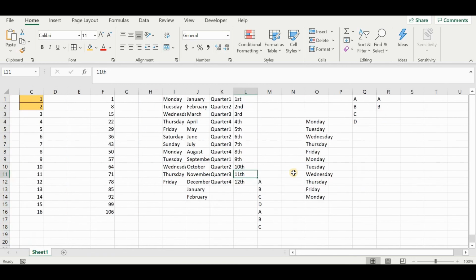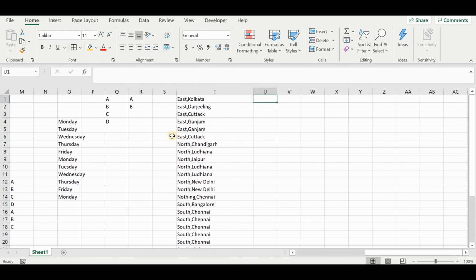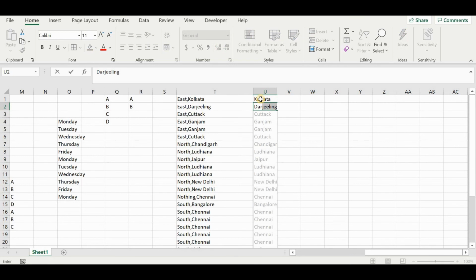Now let's come to one more feature and see what Flash Fill is. Earlier we had to right click and do a lot of things, but now Excel gives it in a very easy manner. Suppose you have data like this. All you have to do is write Kolkata. Now you write Darjeeling. If you see, Excel understands a pattern.